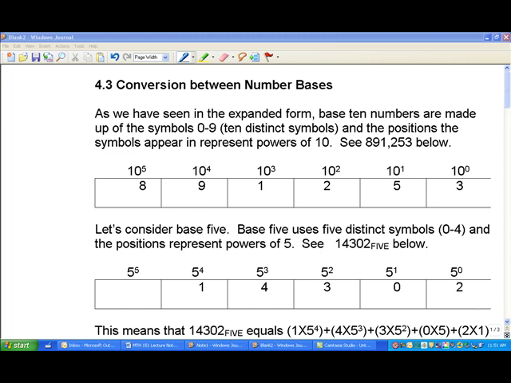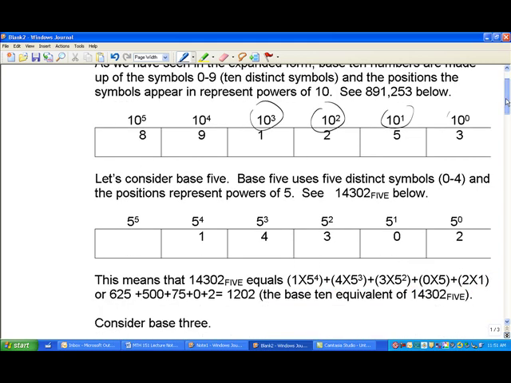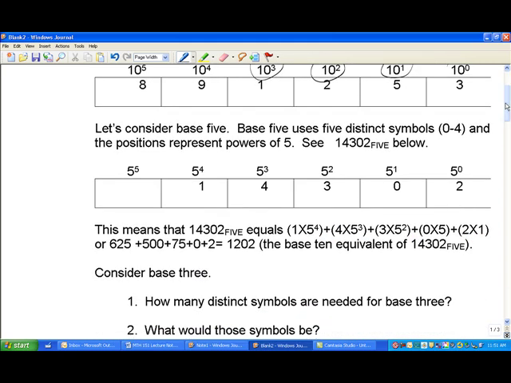And then the positions of the symbols represent the powers of 10. For example, you can see 891,253 below. Not only do we have 10 distinct symbols, but each place represents a power of 10, and it increases as we go to the left. So if we remember how we use our base 10 system, it becomes fairly simple to talk about a system